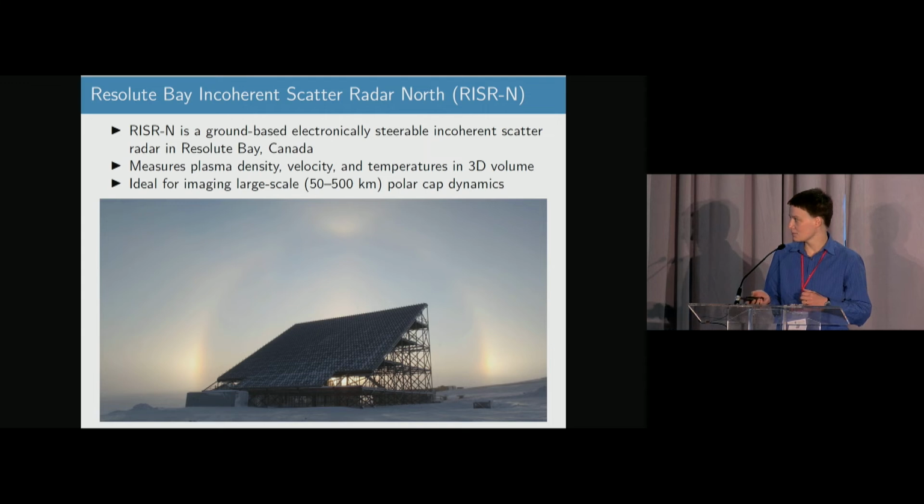So this is the radar. It's very large, but it's a really fantastic facility. Like all ISRs, you can measure electron density, velocity, and ion and electron temperature, which makes it perfect for doing heating studies. One of the really nifty things about this radar, as well as some of the others, is that they are phased array and electronically steerable, so they have beam formation that can point in various directions, and we can reorganize them fairly quickly. That means there is a great diversity of modes which are useful for examining structures at a wide variety of scales.